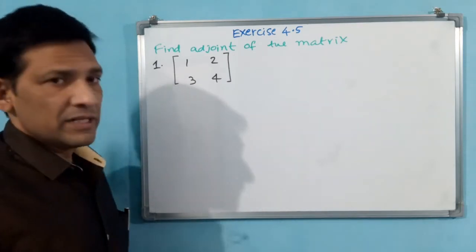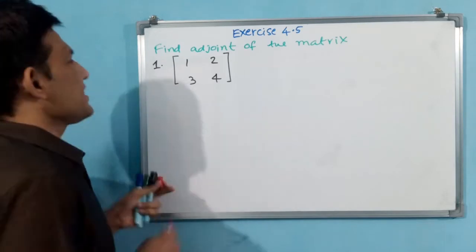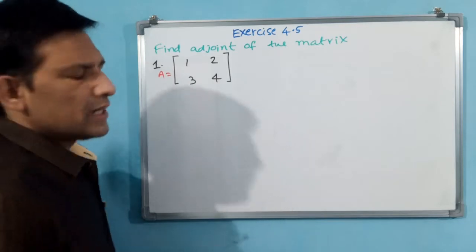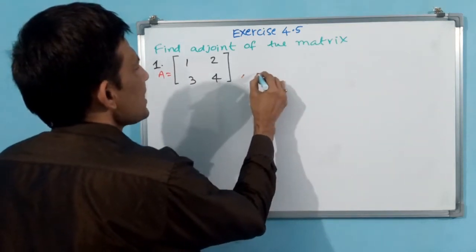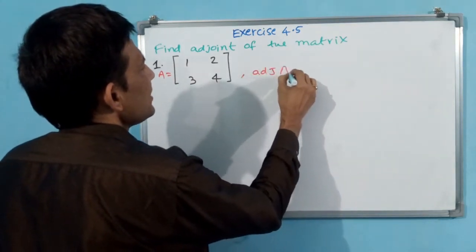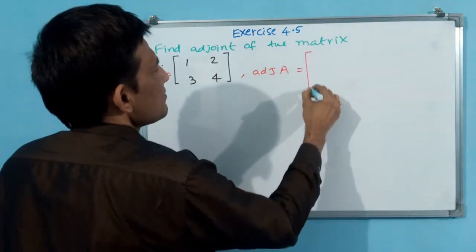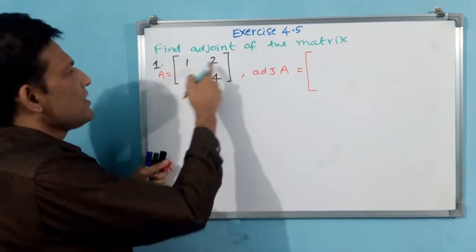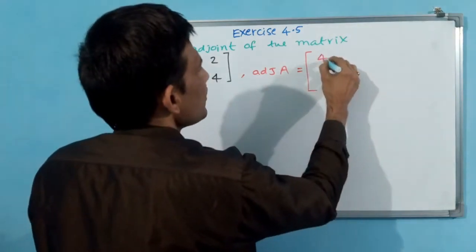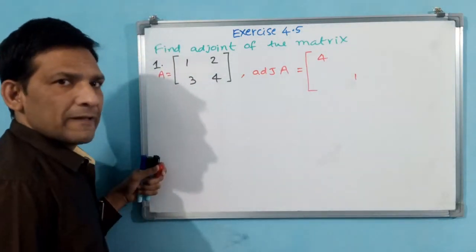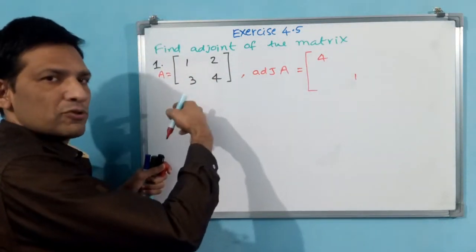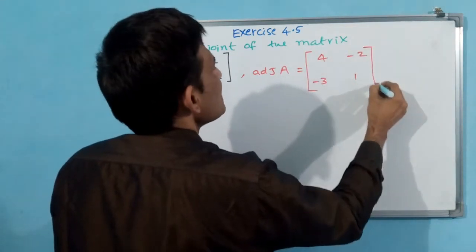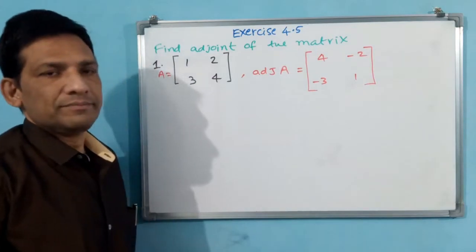Before doing, first take this as A. Let A is equal to 1, 2, 3, 4, like you write. And by the direct method you see the adjoint. What is adjoint A? Adjoint is equal to, how I am writing, you see, A, D you reverse. A, D if you reverse, 4, 1 will become. And the remaining B, C, both you put a minus symbol, that means minus 2, minus 3. That's all. This is the adjoint.